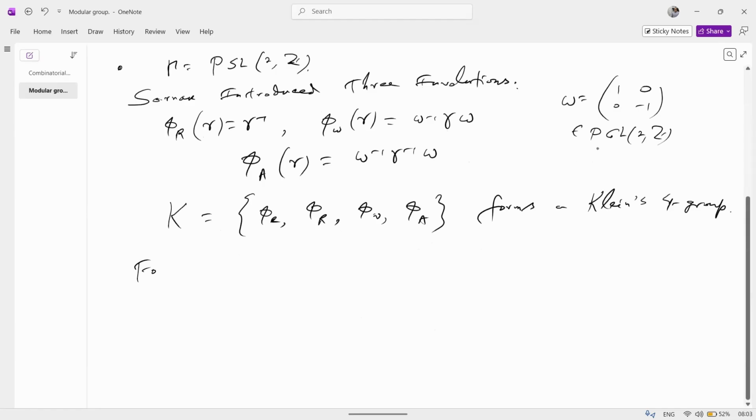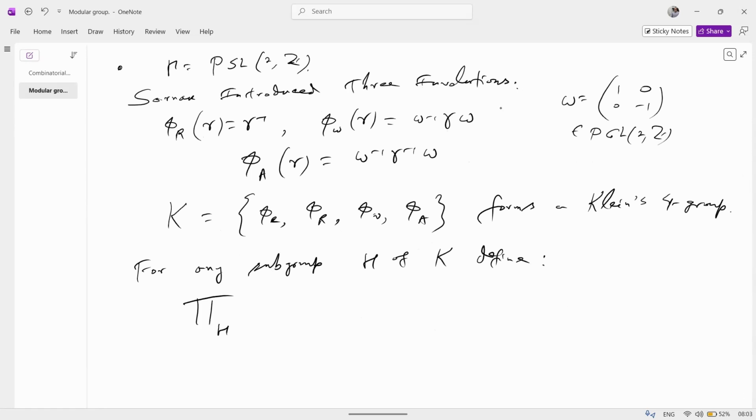So for any subgroup H of K, you define phi of H to be the conjugacy classes in the, okay,